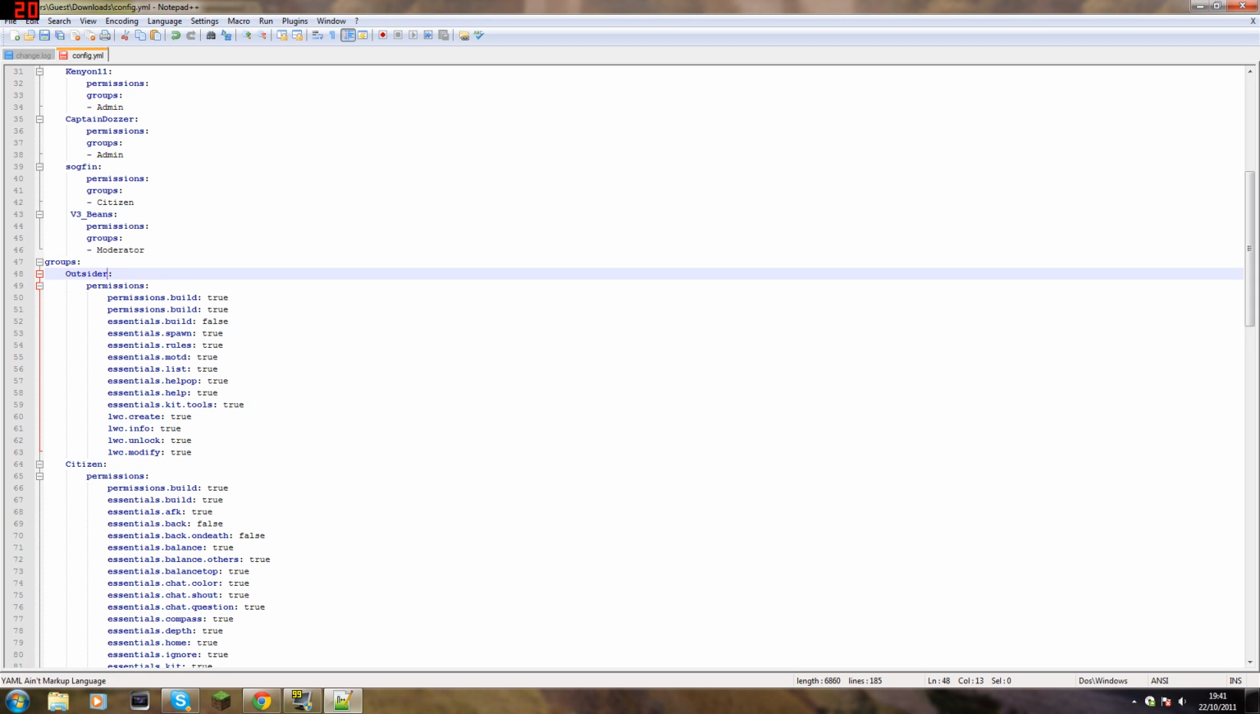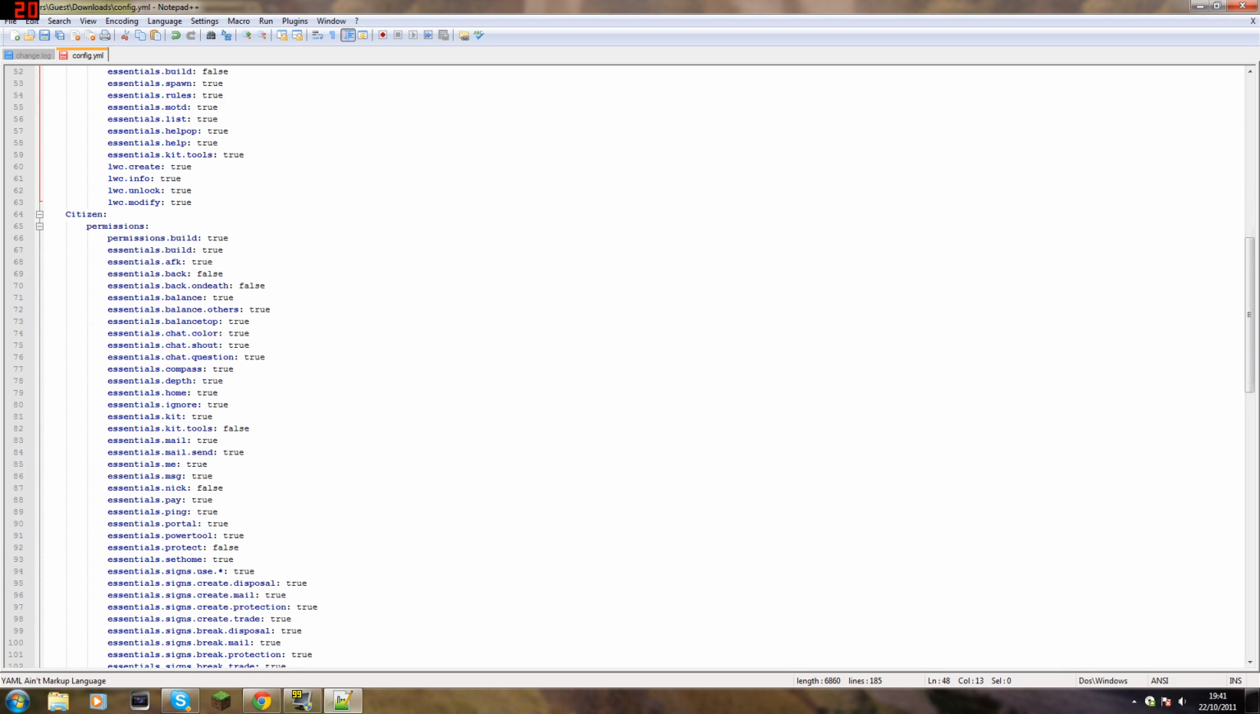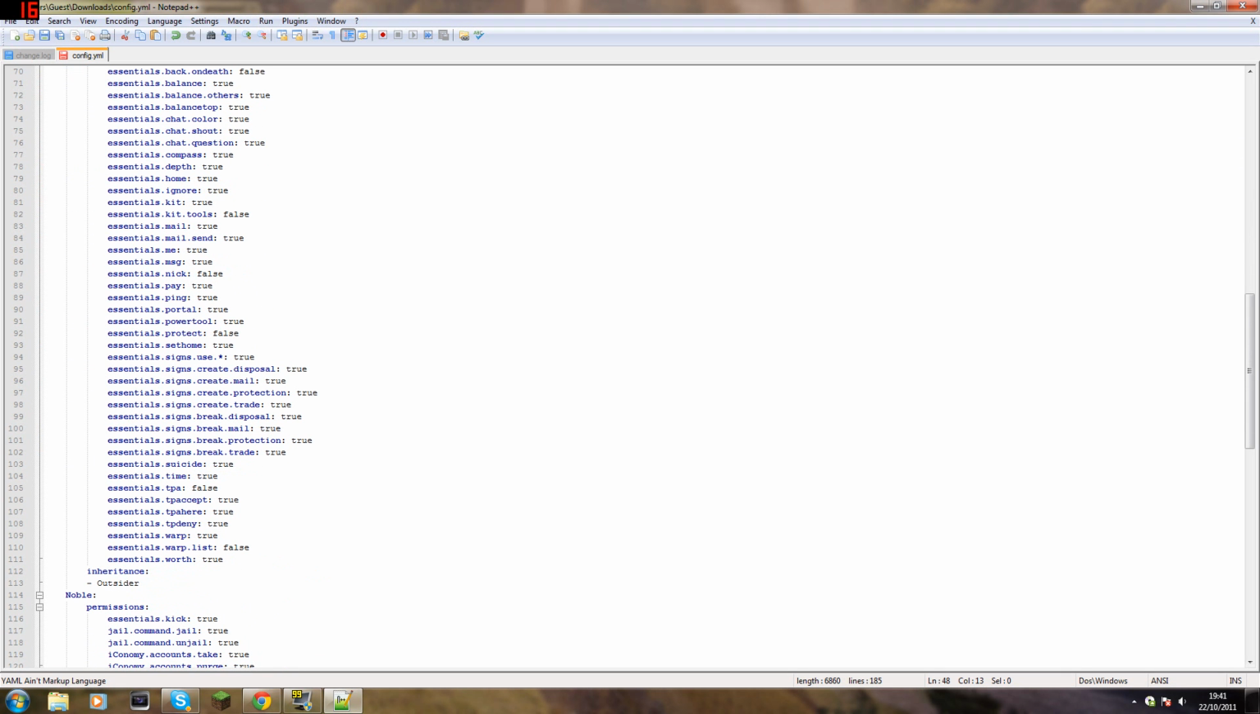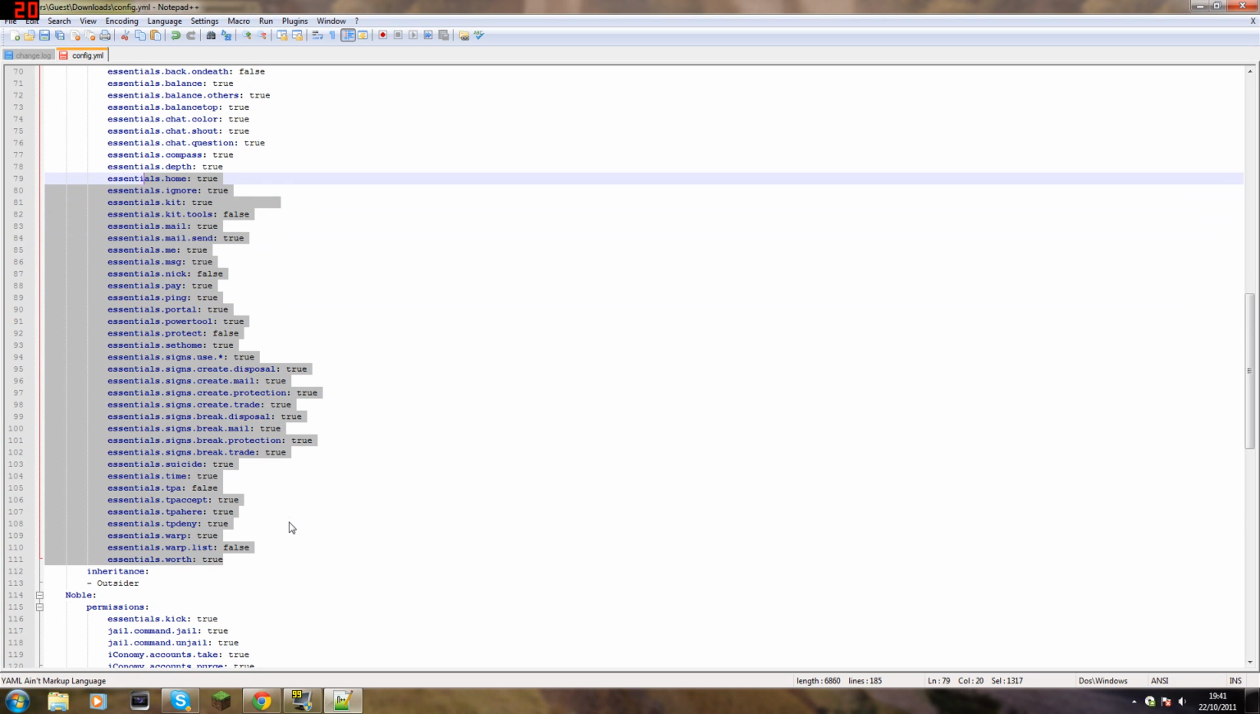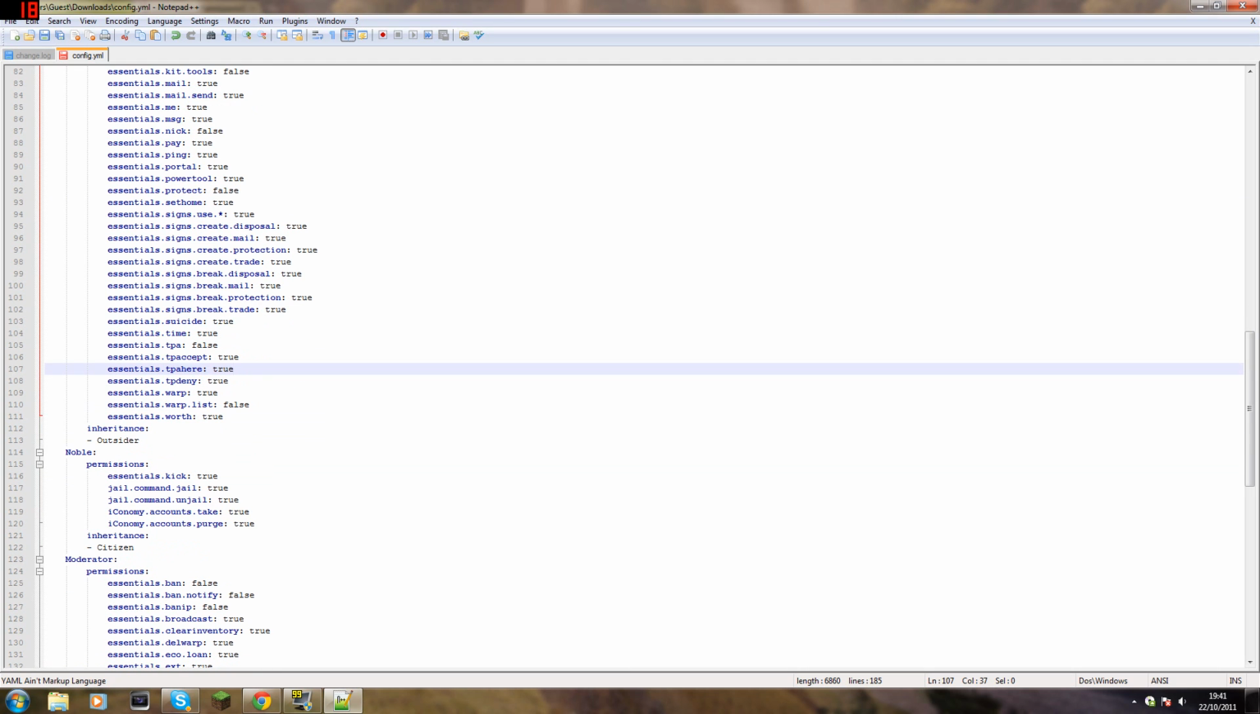They inherit all those plugins so you don't have to type them in again. But that can be changed to inherit from Noble and so on and so forth. Same set out here, just add the permission node in, make it true or false. Now we have Noble. Noble's one I've made just ahead of